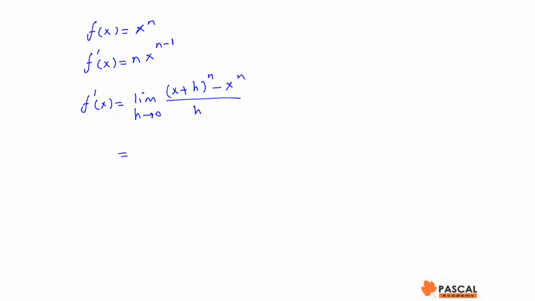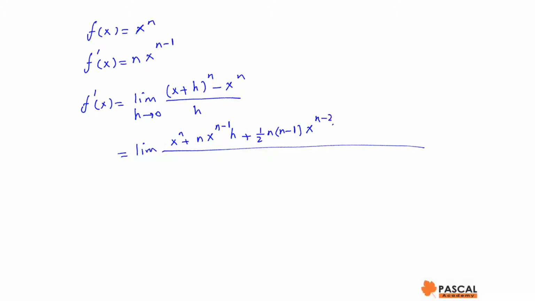If we expand the numerator using binomial theorem, we have x^n plus n x^(n-1) h plus 1 over 2 n times (n minus 1) x^(n-2) h^2 plus ... plus h^n minus x^n over h as h approaches 0,